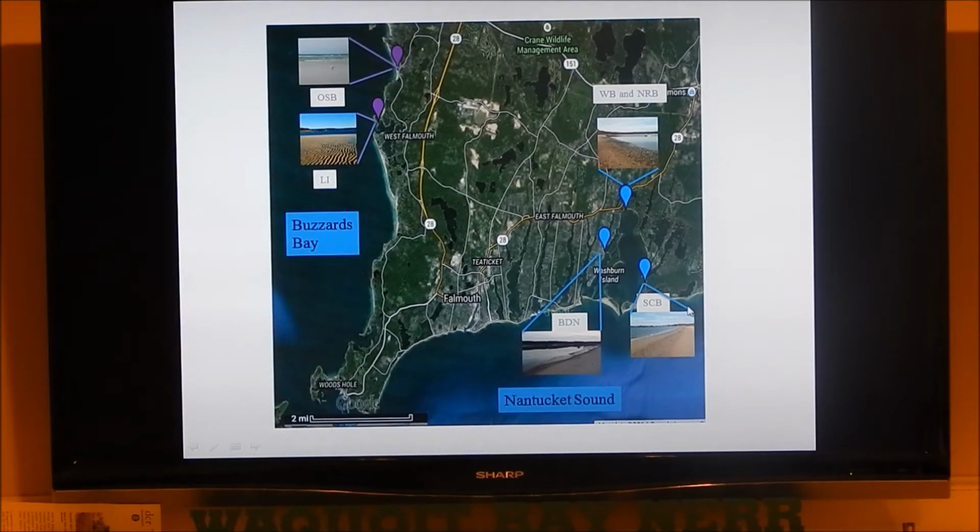And then our last site is the low impact site. This is by South Cape Beach off of Will's Work Road, which is a relatively isolated site, sort of hard to get to. You'd have to have a higher up vehicle, otherwise you would really mess up your car. So that's why we picked these sites.